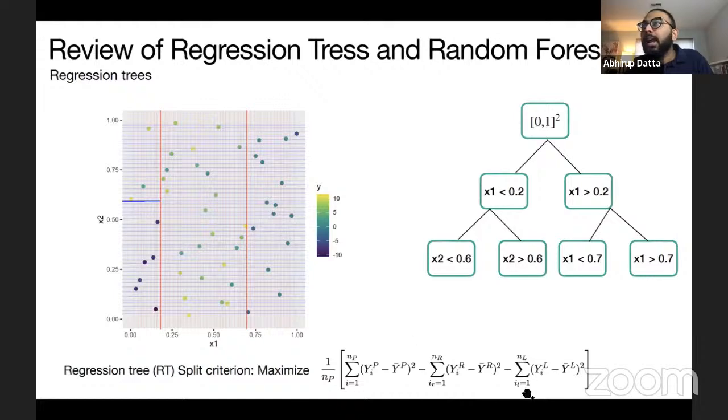Basically it will pick the partition that gives you the highest value of this quantity, which means you will create two nodes where the outcomes are very similar within the nodes and very dissimilar between the nodes. That's the idea. That's why they use this loss function.